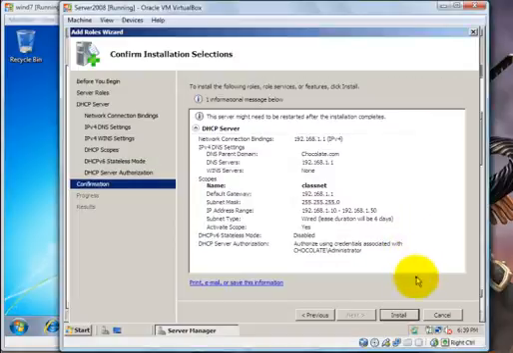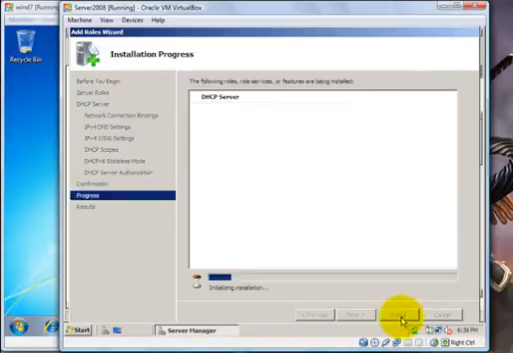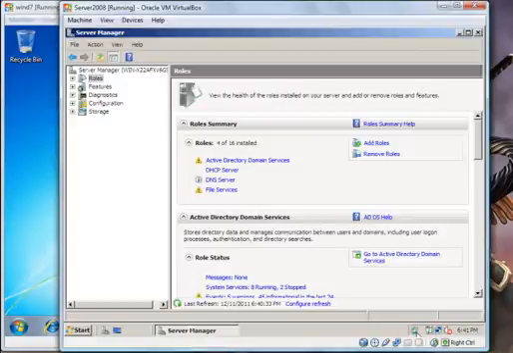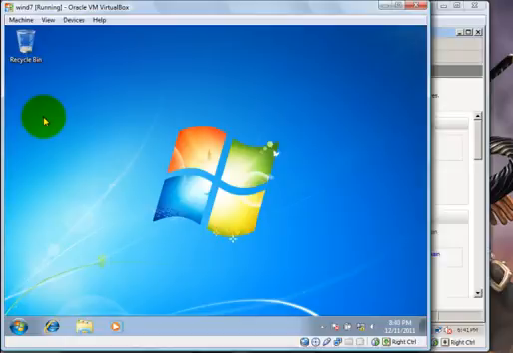As you can see, these are the settings, so we click install. It's installing. So I'll pause this. This will take a little while, so I'll pause it and resume when it has been completed. Now our installation was successful, so we'll now go to the client machine, our Windows 7 machine, and we are going to